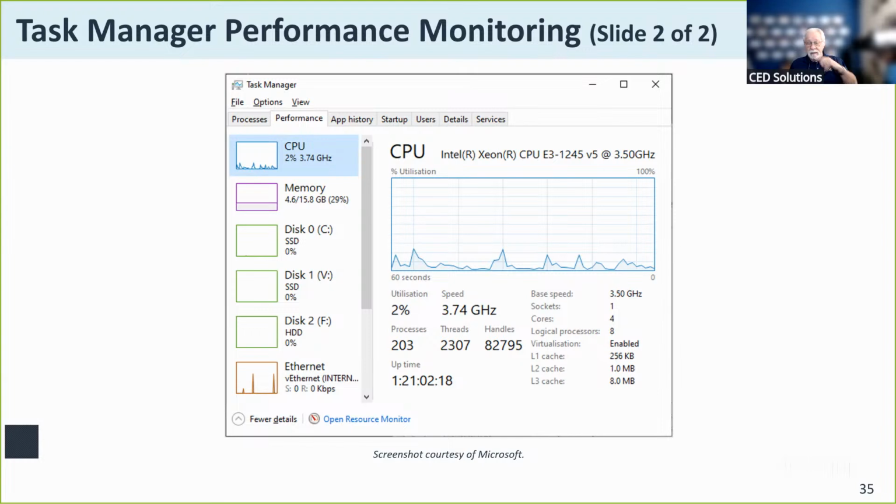Now, if all of a sudden my system just starts crawling along, I can look here and even get down and identify a specific process and how much CPU time, random access memory, network bandwidth, and disk access that individual process is taking up. And the graph does it on a slowly moving time frame. It'll slowly shift as the time goes along here. Okay. So I can look at that panel.